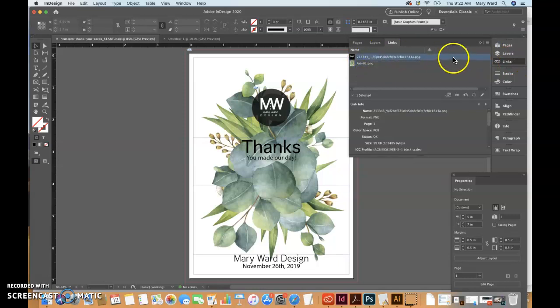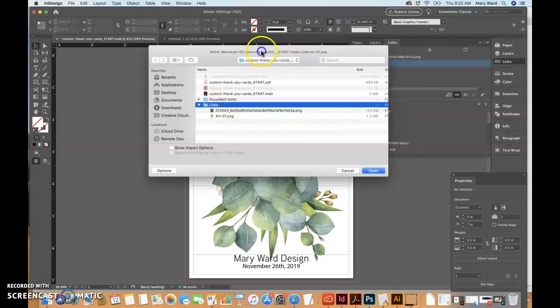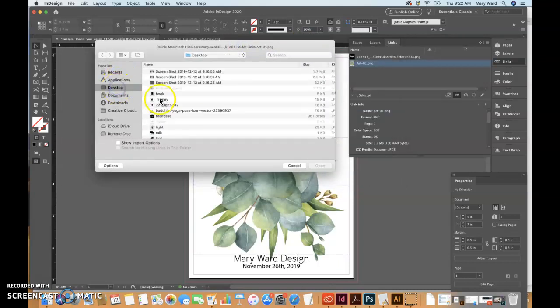And so if they are broken or missing, there might be a little icon here. So to relink those to where they are, you want to use this relink button here. Relink that. Wherever it is on your desktop, if you download those to your desktop from Brightspace, and if you know where your logo file is, you just need to navigate to them on your computer,